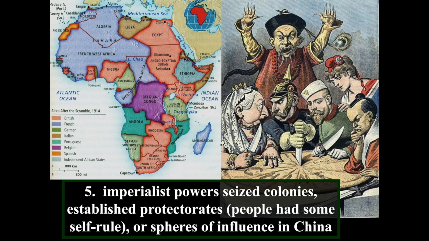Now, we skipped over spheres of influence. If you haven't heard this term before, a sphere of influence means that they haven't colonized the area, well, not directly; they don't claim it as their territory. So it's not a colony, but these spheres of influence in China are going to be economically dominated by Europe, especially as Europe gets involved in managing the Qing dynasty. Okay, so they're not technically a colony, but they're still going to be dominated politically, socially, and economically by imperial powers, as we see in this political cartoon.